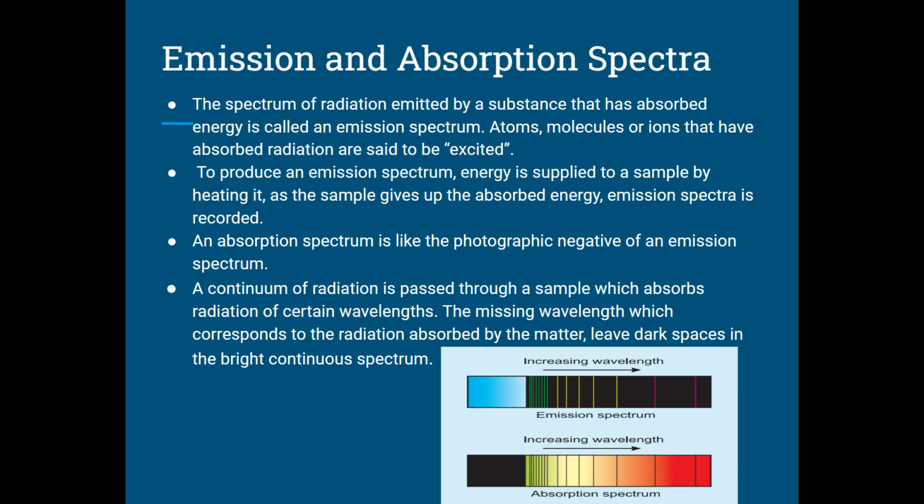Emission spectra is nothing but when there is a substance, for example, and it absorbs some sort of energy, it will be excited. Then what will happen? Excited states are not stable. It will radiate the energy. That means it will give off the energy. Now, when this energy is given off, the spectra corresponding to it is emission spectra because it is emitting the